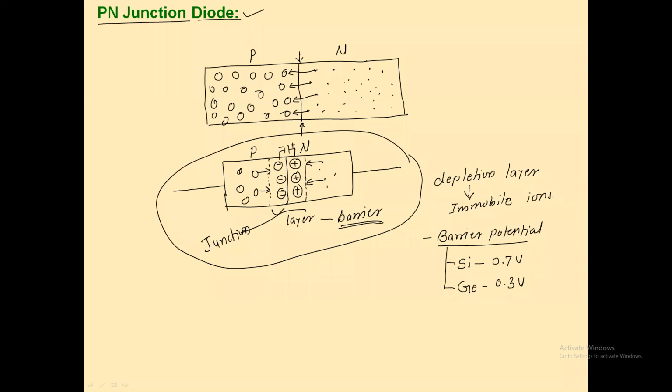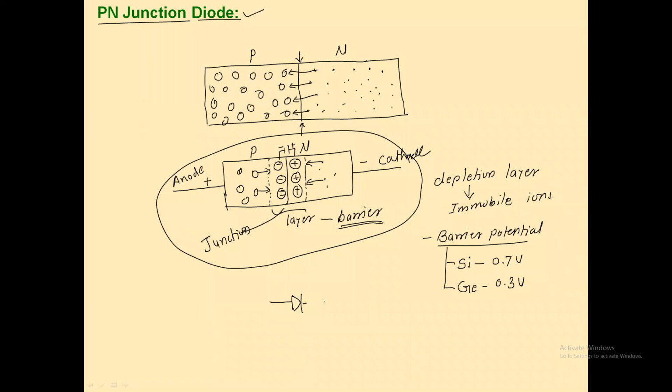The electrode which is connected to the p region acts as the positive terminal of a diode, or you can call it an anode. The electrode which is connected to the n region acts as the negative terminal of a diode, or you can call it a cathode. Get my point? And symbolically, we can represent this p-n junction diode with this arrow